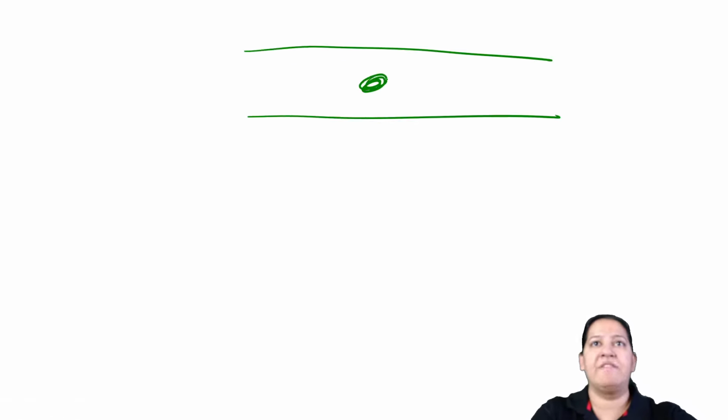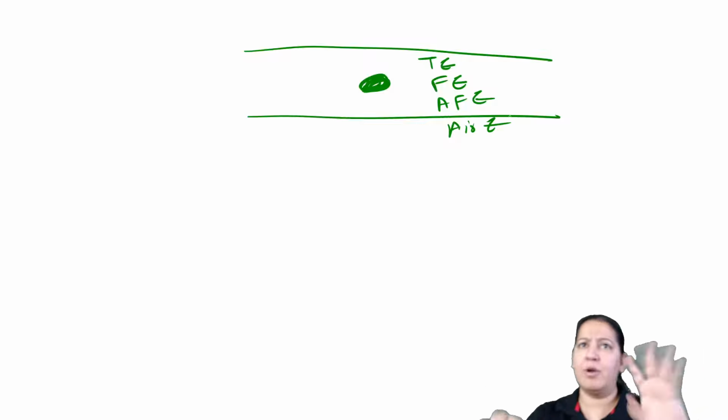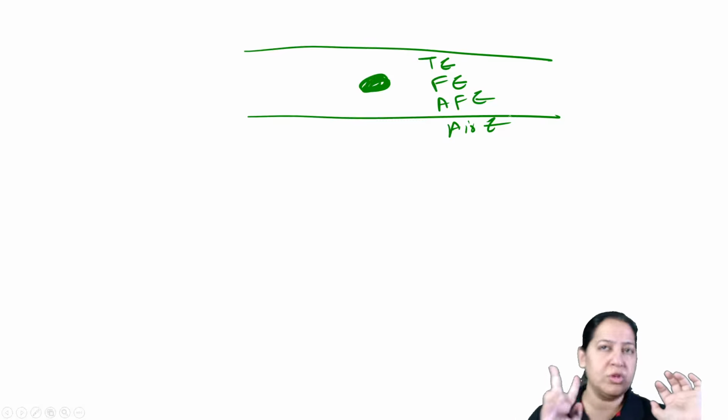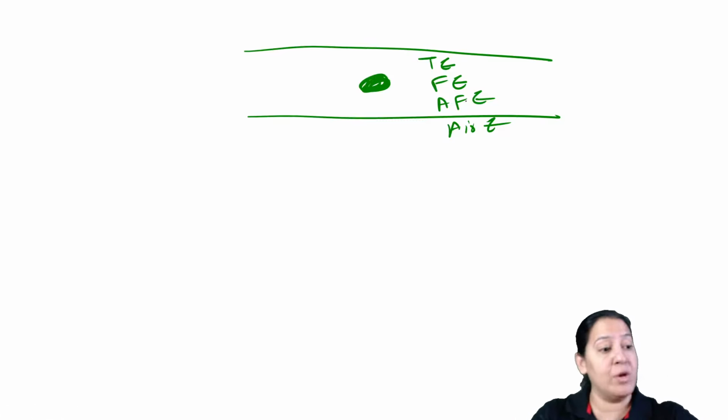This is the embolus inside a blood vessel. Now this embolus can be a thromboembolus, a fat embolus, an amniotic fluid embolus, or an air embolus, whatever embolus it is. There are two things which I want to teach you that all emboli have in common.